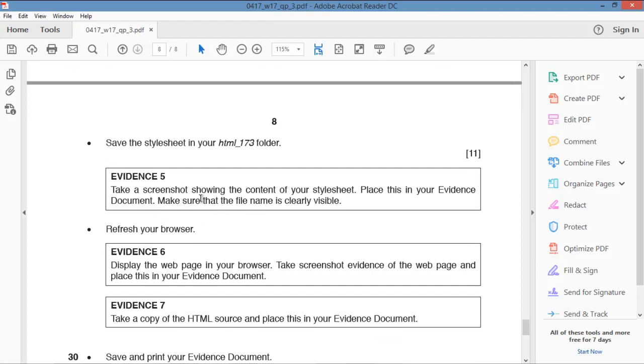Take a screenshot showing the content of your style sheet. Place this in your evidence document. Make sure that the file name is clearly visible. All right, so